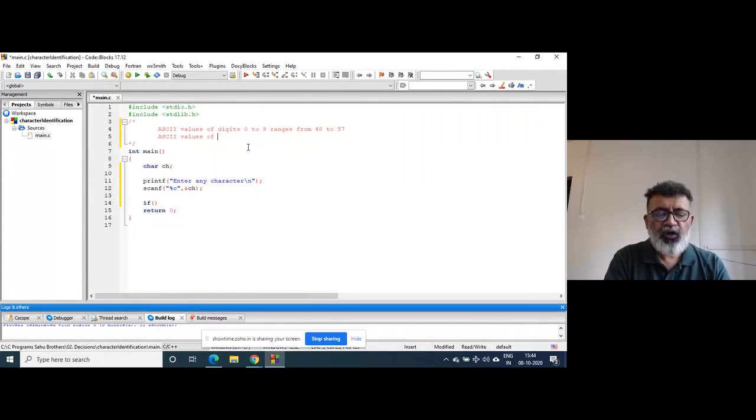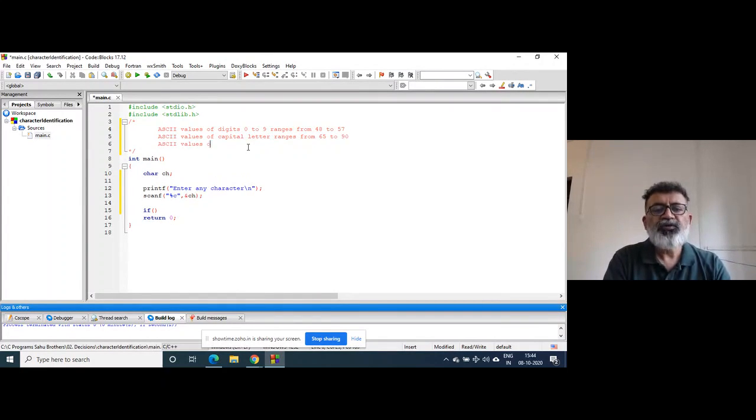ASCII values of capital letters range from 65 to 90. ASCII values of small letters range from 97 to 122.